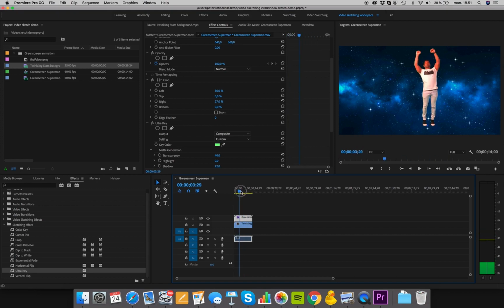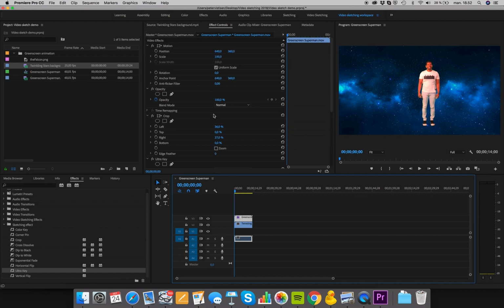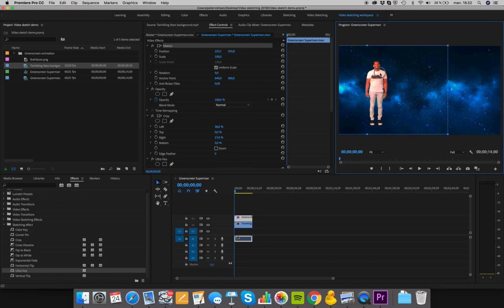pretending to fly. Now what I'm thinking is that maybe we should want to sort of make it look like he starts in one end. You can see here in the end he sort of lands again. So maybe we want to reposition Vash. We can do that by keeping him selected. Go up here in the top and just press the motion. We can see here we can actually drag Vash over here. We can also resize him. So if Vash starts here now,